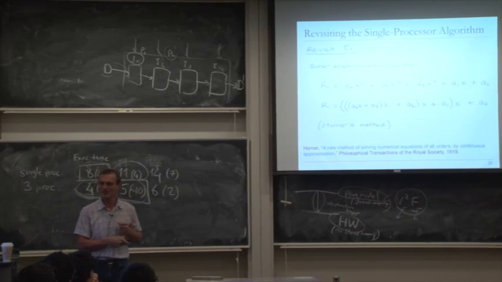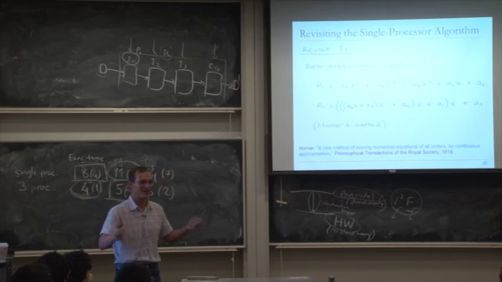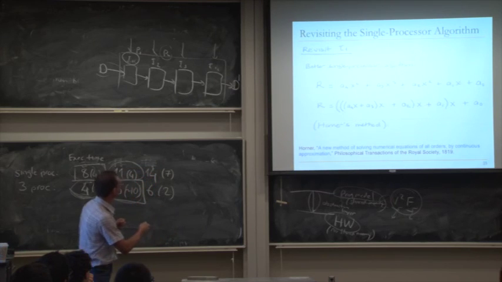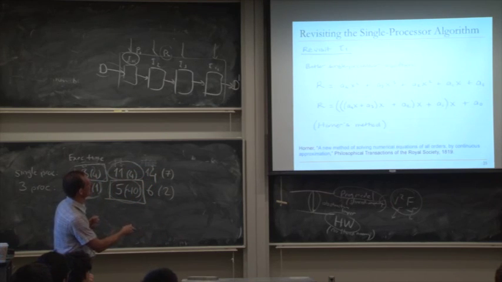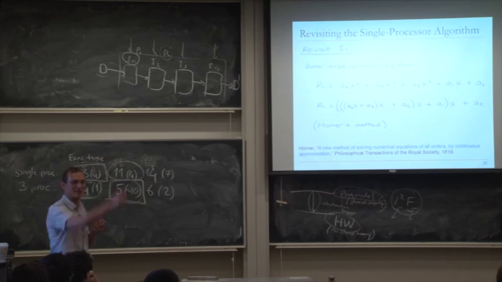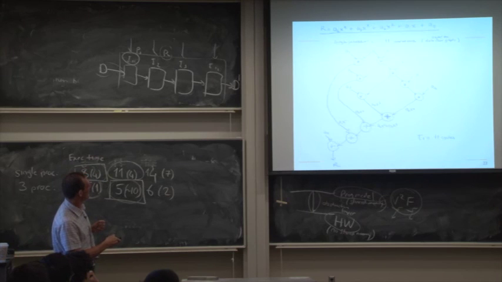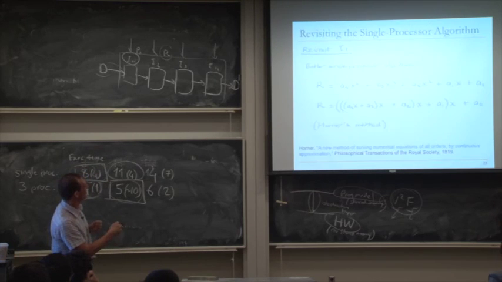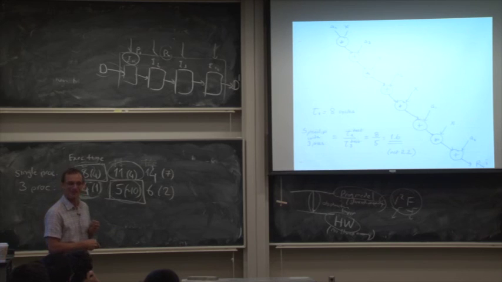Have you guys learned Horner's method in high school? That's a way of factoring out polynomials. And you can basically take this polynomial, and factor out x's this way, and this is what you would get. And if you actually look at the data flow graph of these operations, you first do this calculation, a4x, and then add a3. And then you get a result and multiply it by x. And then you add a2. So you basically interleave additions and multiplications instead of doing the multiplication and addition this way, as we've seen. Right? And that's what you will get for a single processor.